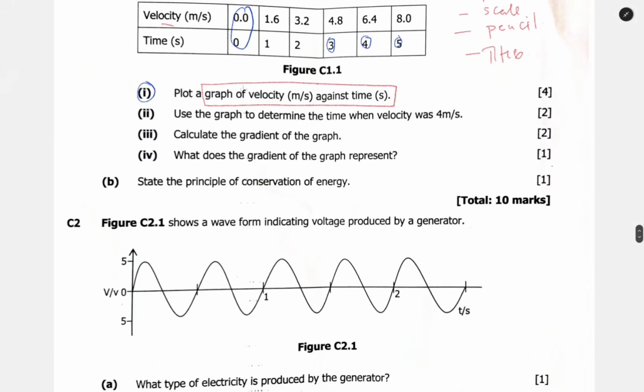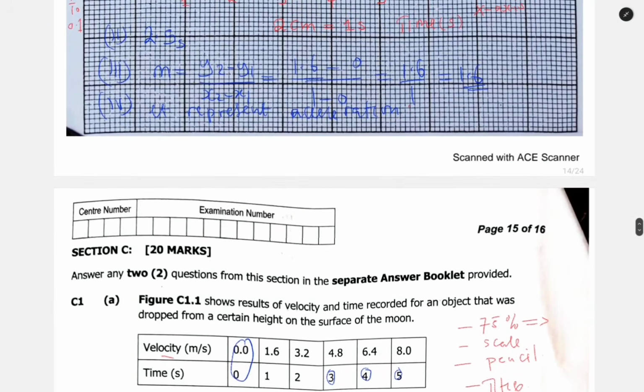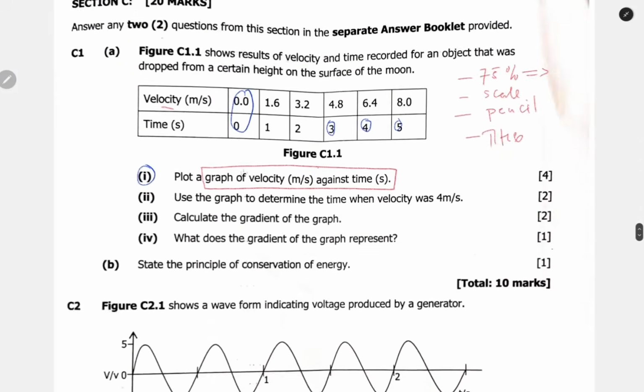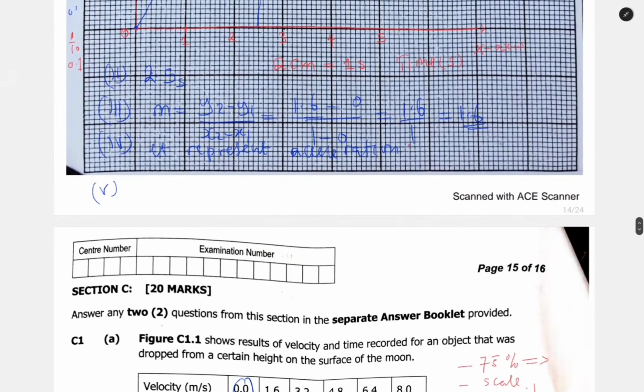Okay, the final question, state the principle of conservation of energy. What does the principle of conservation of energy state? So all the information is on the graph, that is where I've put the information. So this is part B. So energy conservation states that energy